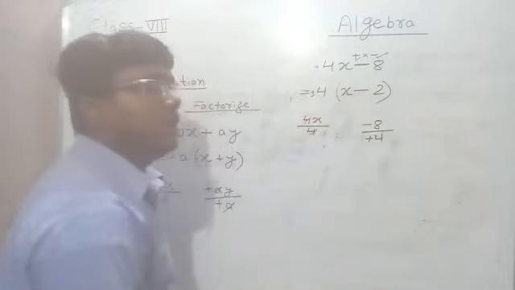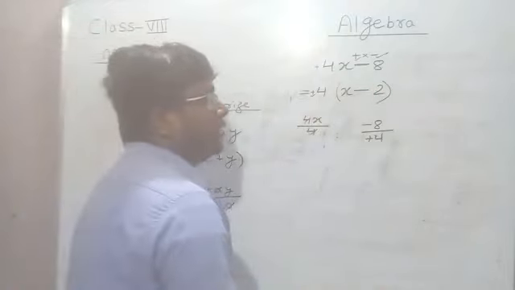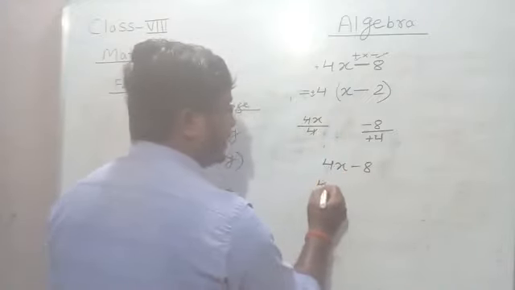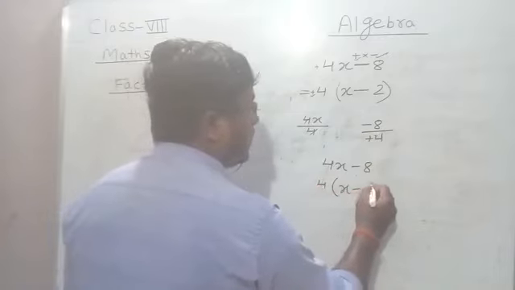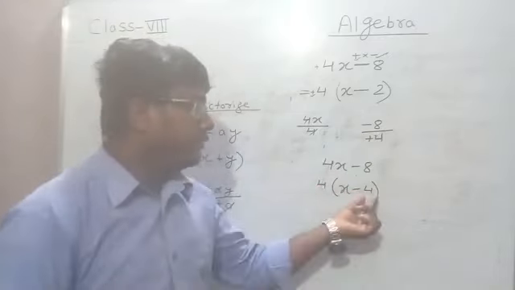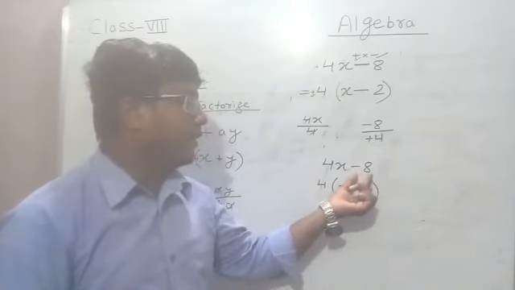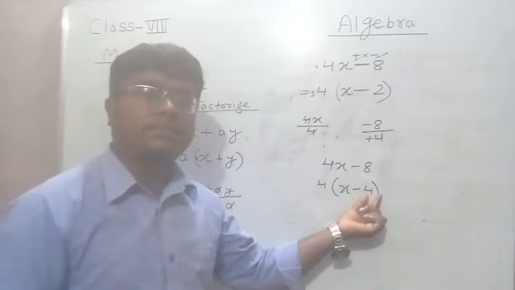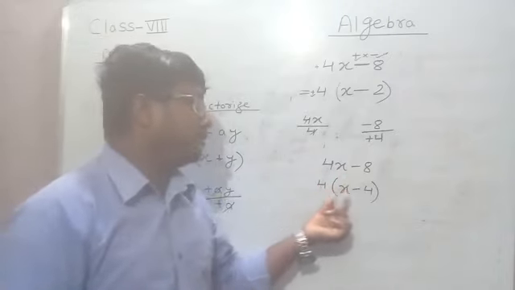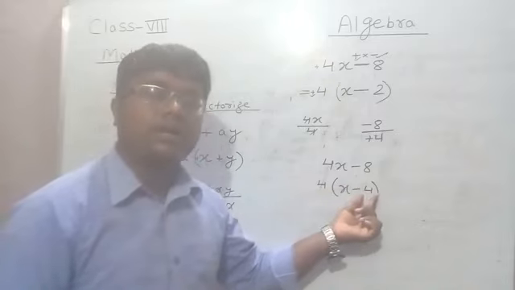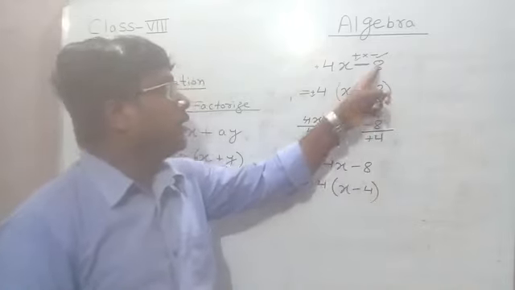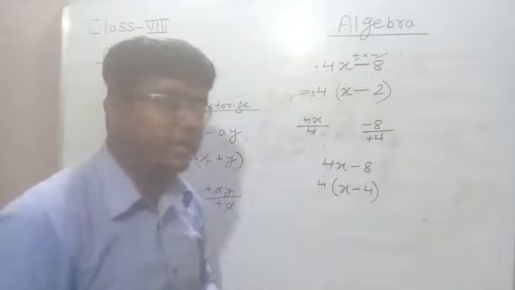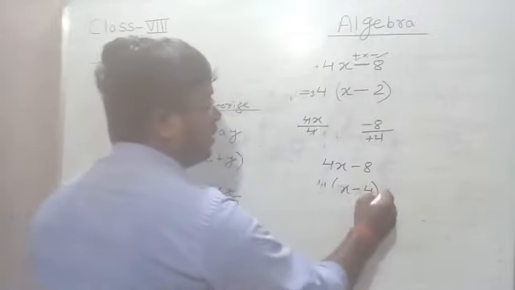2. Sometimes students become confused here. In the same question, 4x minus 8, they take 4 as common and write x minus 4. Why do they write 4 here? They simply subtract. If they see the numbers 8 and 4, they just subtract, but we need not subtract from the bigger, 8 minus 4. It is wrong. What we have to do is, from 8 we are taking 4 as common, so what will remain? Divide and write. This is wrong.